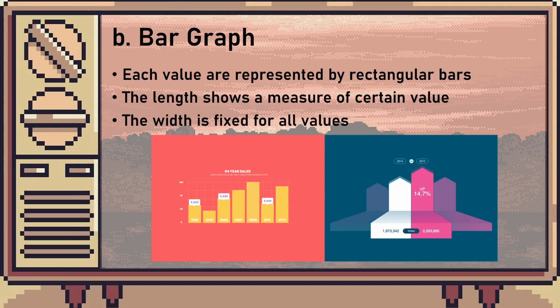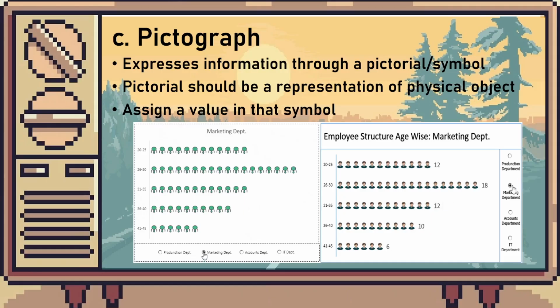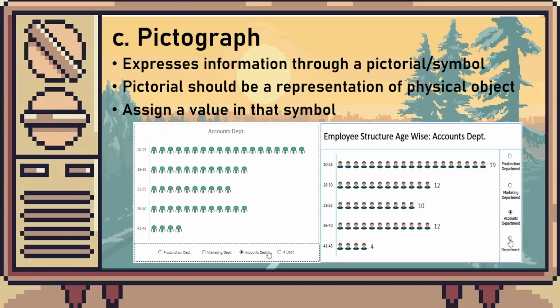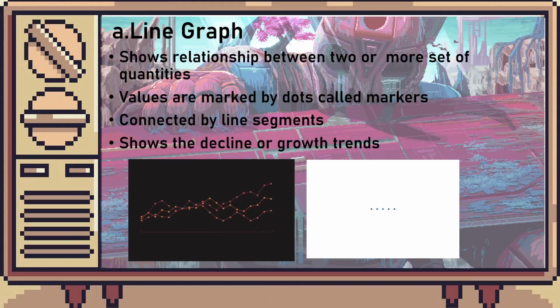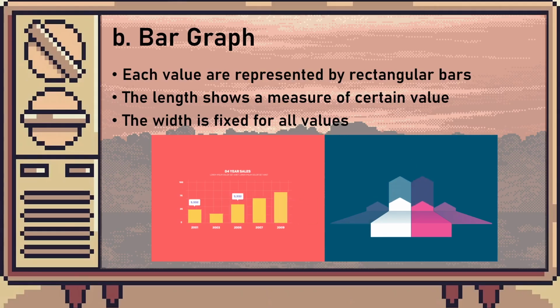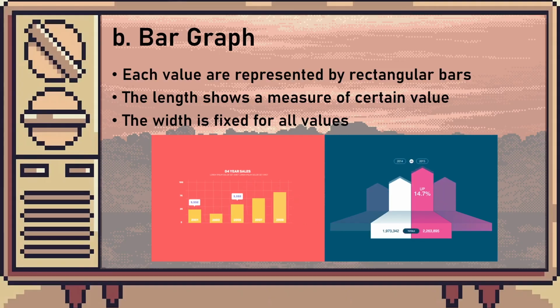If you wanted to present your information in a way that is easily digestible, go for pictograph. But if you wanted to show all three at the same time, but for the most part you wanted to see the growth or trends of your data set, then line graph is the best because it does the jobs of the two as well, but the other two is better at a specific part of presenting your data.